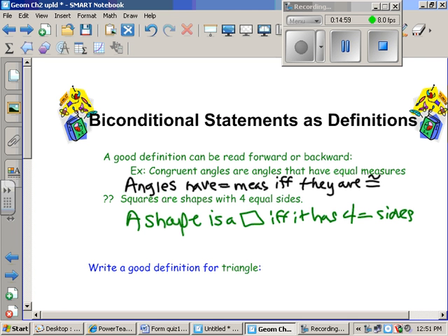All right, question: if the biconditional is true, doesn't everything have to be true to make it true? Yes. So this definition would not be a good one because it's not true. So you couldn't write this as a biconditional. You have to add some stuff to it or fix it. Okay. All right. So let's take a minute and you guys write a biconditional statement as a definition for